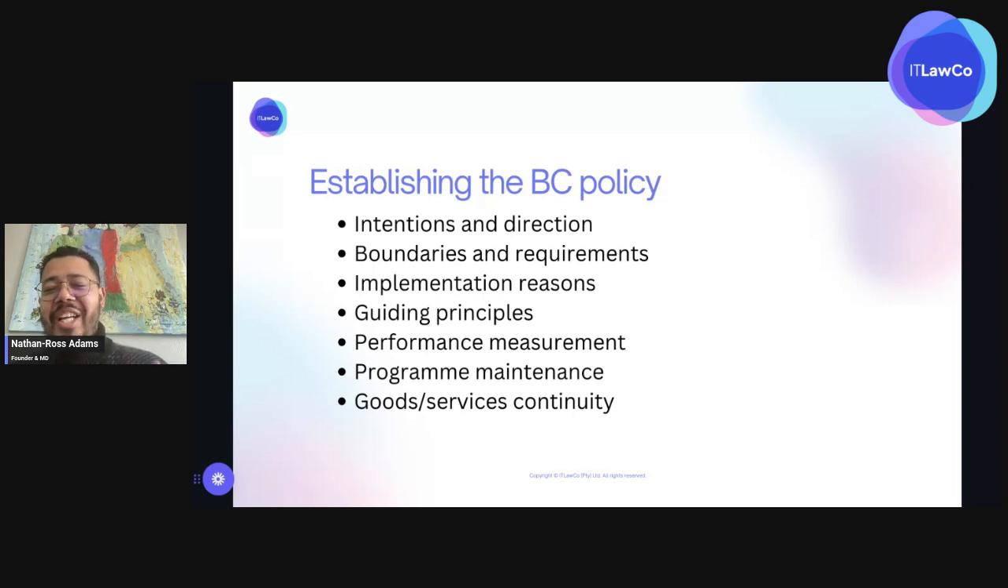But as I was saying, when it comes to boundaries and requirements, the policy also needs to set the scope and conditions for the business continuity program that your organization will be adopting. Implementation reasons need to be included, which explain why the program is being implemented and adopted. Then the guiding principles that your organization will follow from a business continuity perspective. Vitally, which most policies often exclude, is having a system for performance measurement. That's where you establish the metrics that you will adopt to effectively measure your organization's business continuity program and